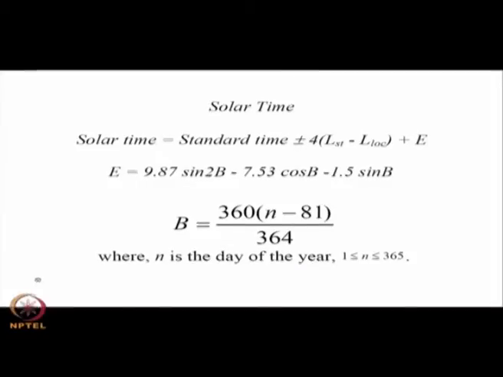And this E is actually a sort of non-uniform rotation of the earth, which will change the solar time by even up to plus minus 20 minutes. Okay. That is given by an equation where that angle B is 360 (n minus 81) by 364. So, that is how the solar time is calculated, and that 4 is nothing but 4 minutes, okay, because 24 hours in a day and 360 degrees of the longitude. So, 1 degree will correspond to 4 minutes, and E also is given in minutes.